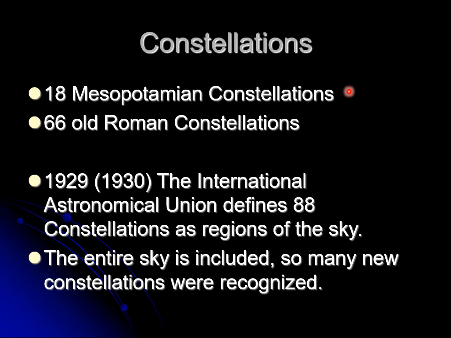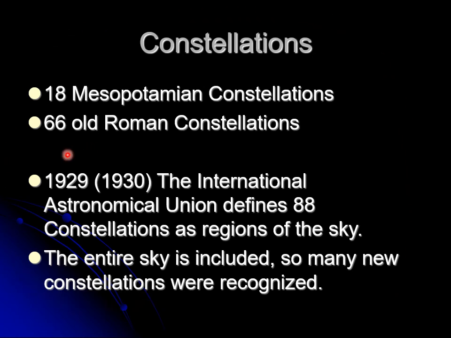And the Romans borrowed almost all their constellations from the Greeks. 18 of the Roman constellations go all the way back to the Mesopotamians. So there's this continuity of constellations here, at least in Western society. Again, other societies looked up and saw different things. But in Western society, then